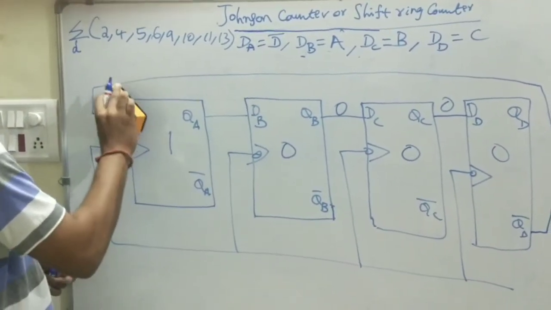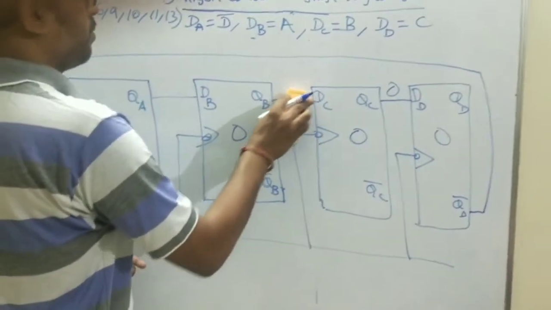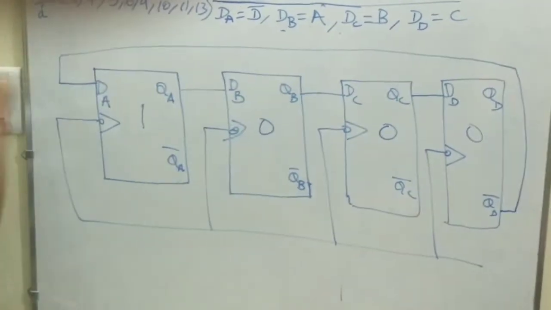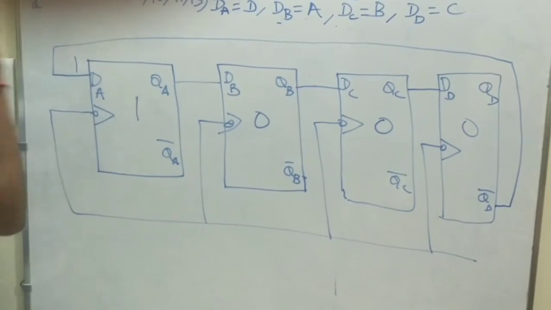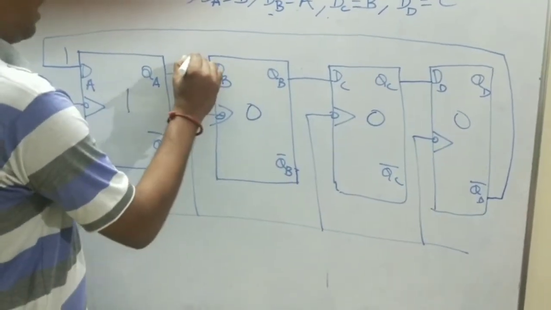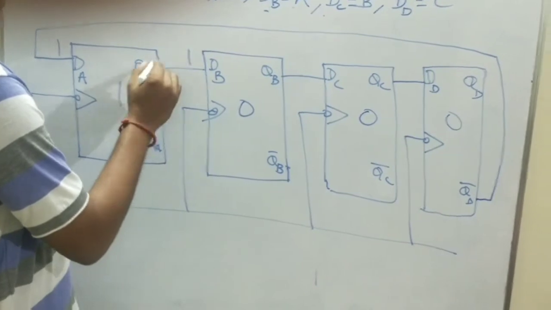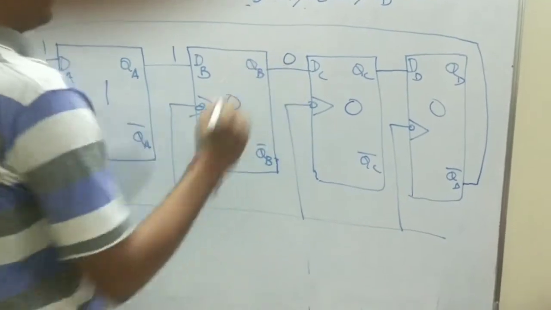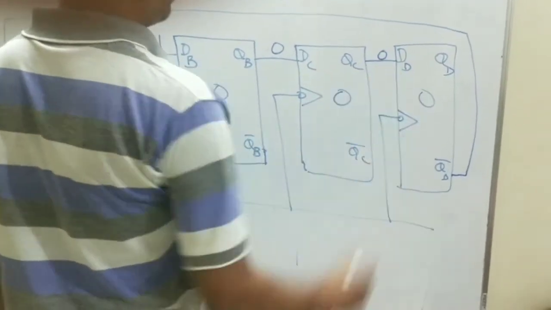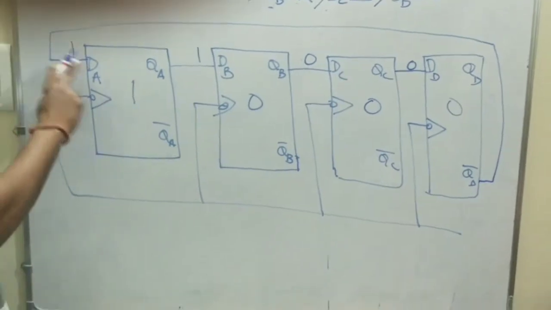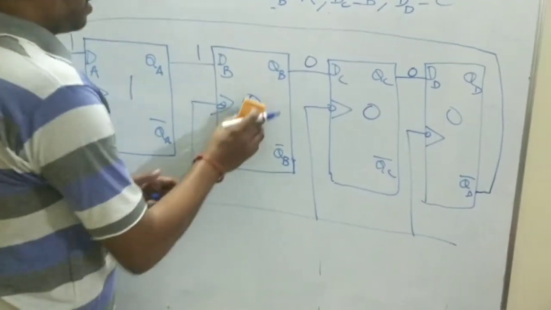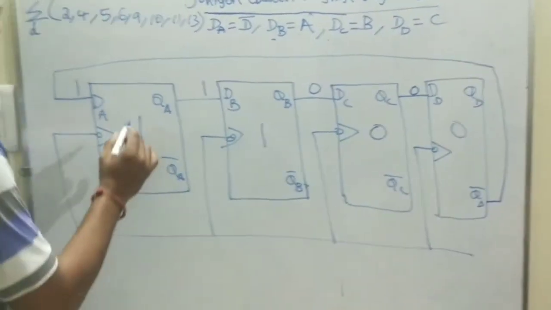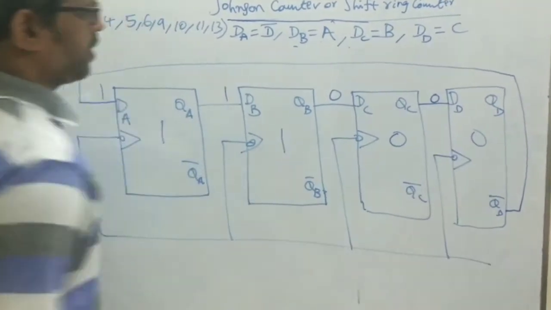So we have to find the new set of inputs before applying the clock pulse. Now what would be the input of DA? Once again it is 1. For DB it is 1 because DB takes the value from A, and A has the value 1. DC will be taking the value of 0. DD will be taking the value of 0. Now you apply the clock pulse. What will happen? 1 will be stored here, DB will be having 1, then DC and DD will be having 0 0. So the next state is 1 1 0 0.